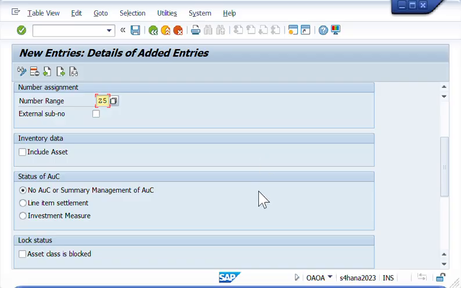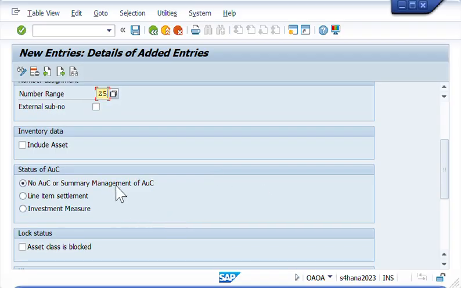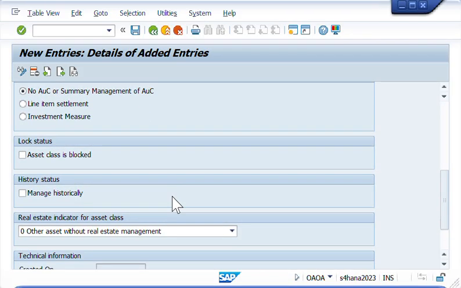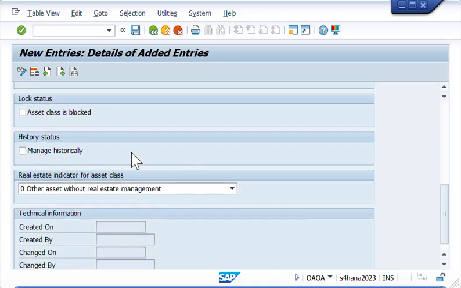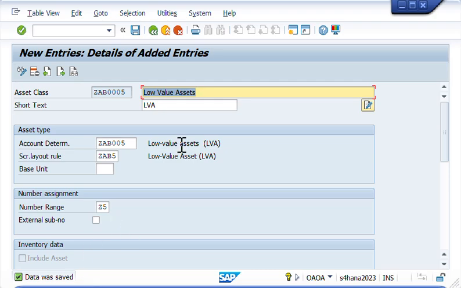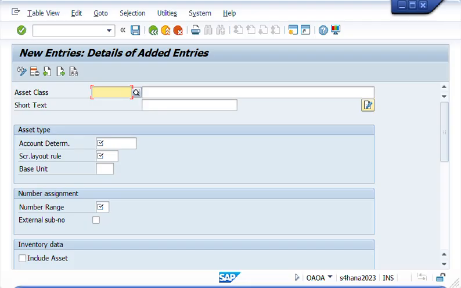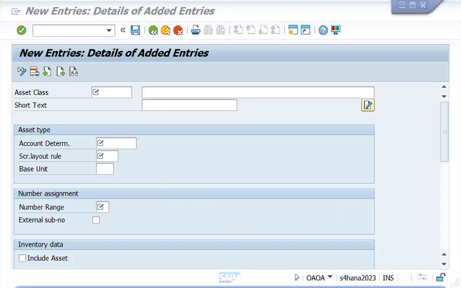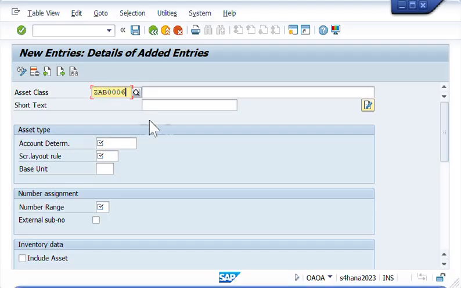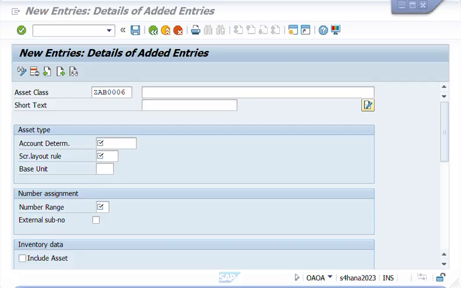and it won't be included in inventory, and it's also not an asset under construction. We will not also lock this, and we will not manage it historically, and we will not have real estate module for this. So let's click save, and the data was saved, and go back. So we can create our sixth asset class. So our asset class code will be ZAB006, and then this will be